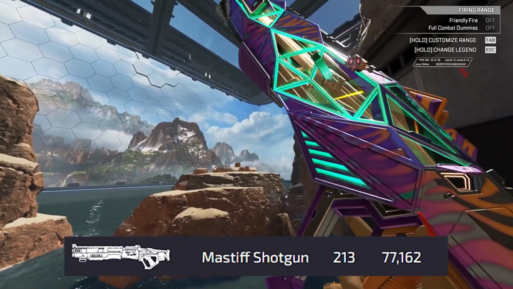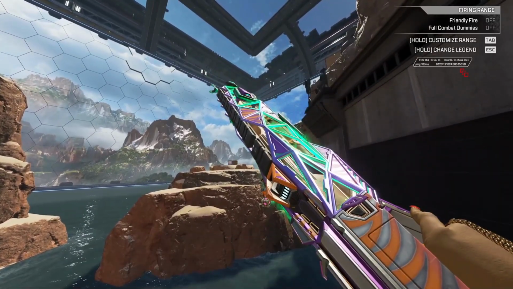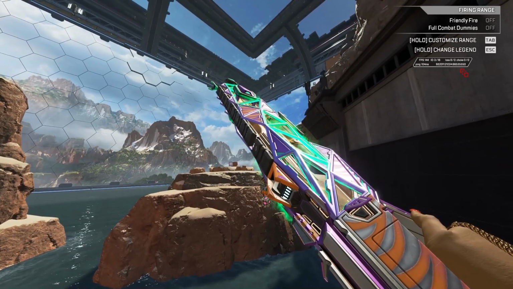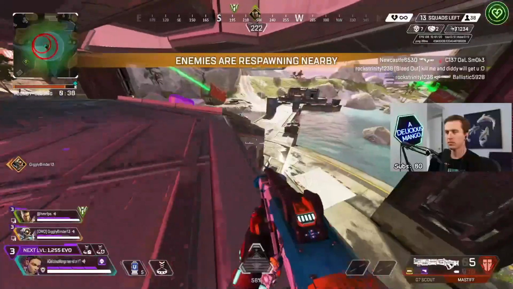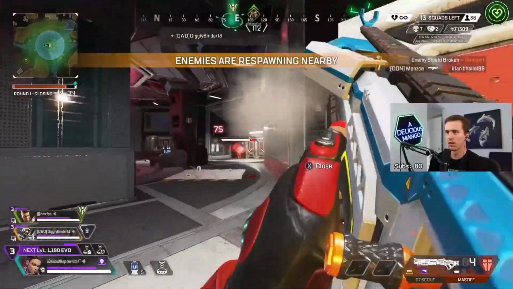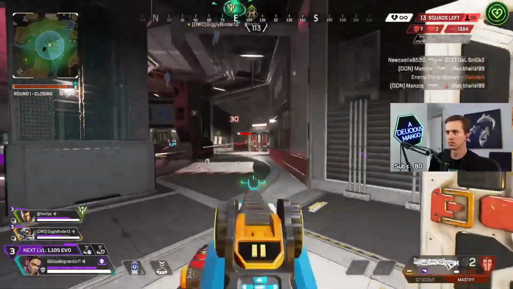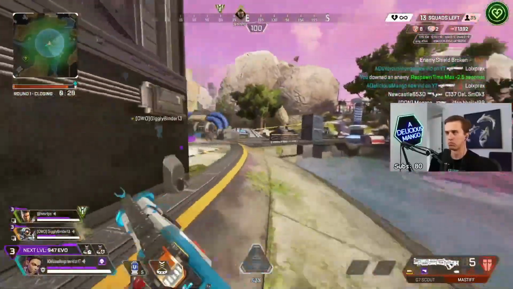Number 5 is very interesting to me, the Mastiff shotgun. Now, Peacekeeper and Mastiff enjoyers are both very, very happy this season, but the Mastiff is the one that's truly shining with this shotgun pellet rework. The Mastiff now only has 6 pellets in the total burst, so one shell will shoot 6 pellets that deal 15 damage each. If you're doing the math, that means you can hit for 90 with the Mastiff,